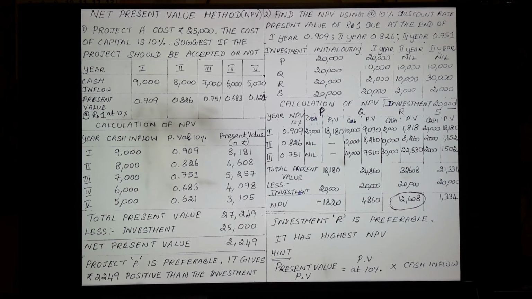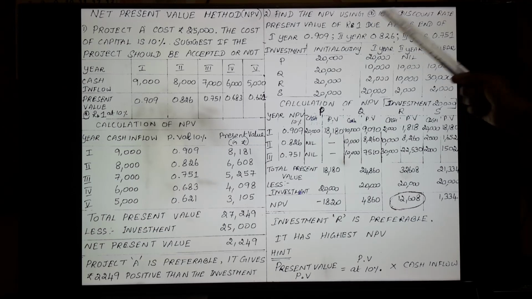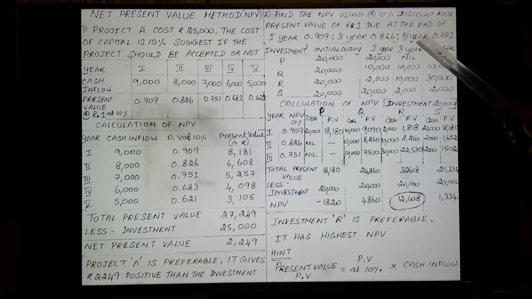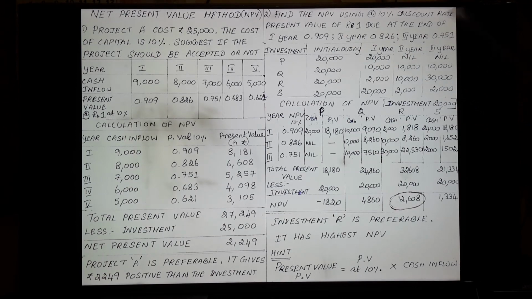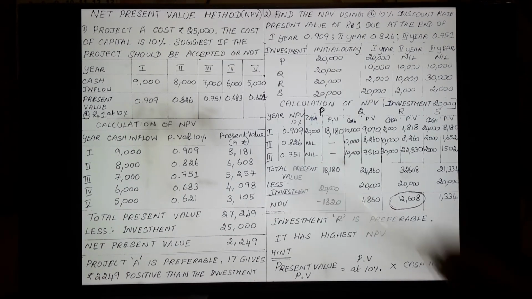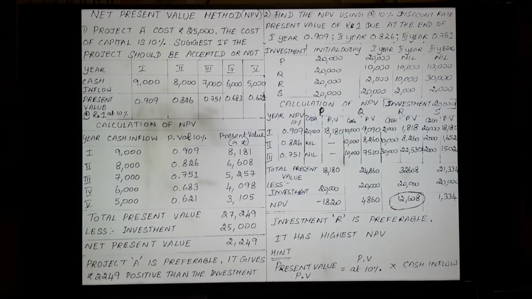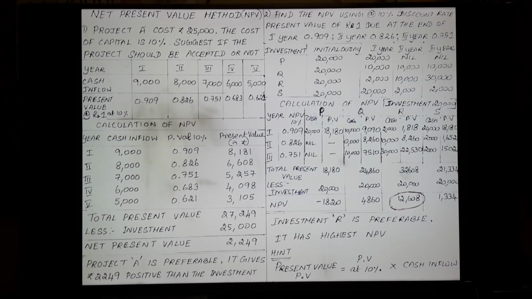And the next problem you have here: find the NPV using 10% discount rate, present value of rupee due at the end of first year 0.909, 0.826 and 0.751. As it is given here, it is given in a different way. You had only project A as your investment earlier. Here you have 4 investments, P, Q, R, S. What is the initial outlay? That is, the investment is constant. For every P, Q, R, S, the investment is just 20,000.